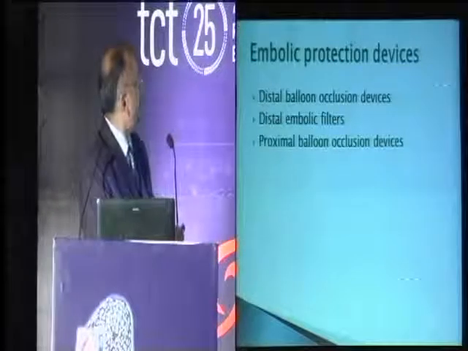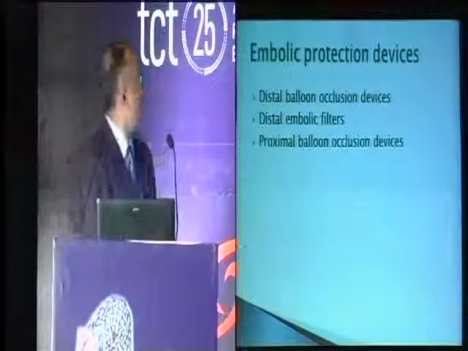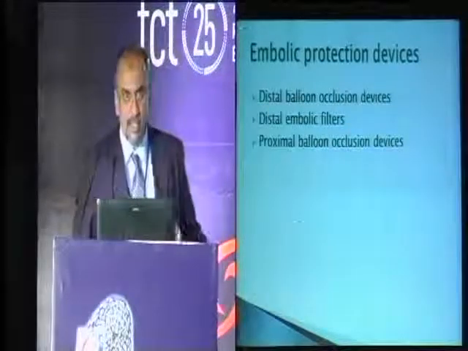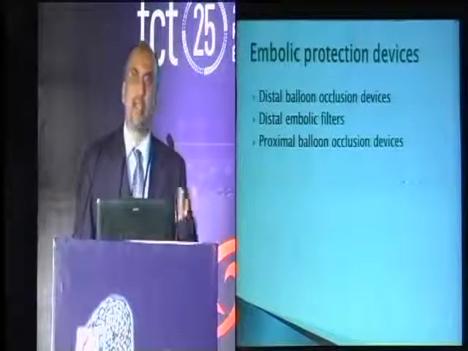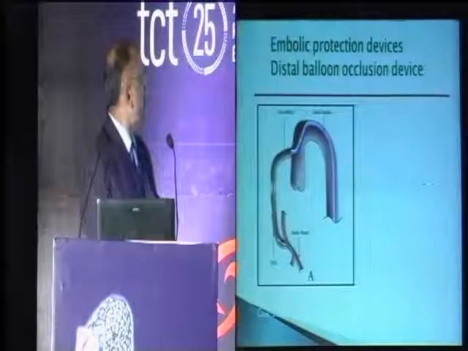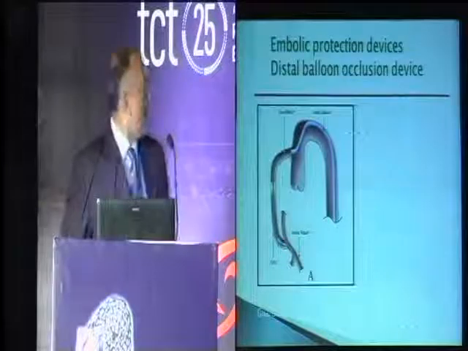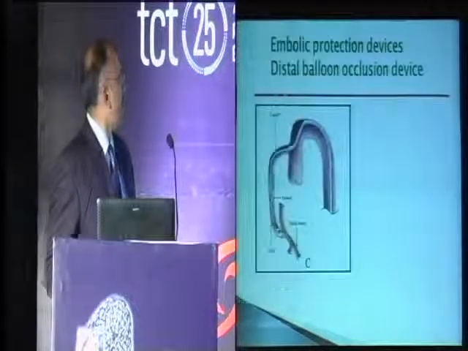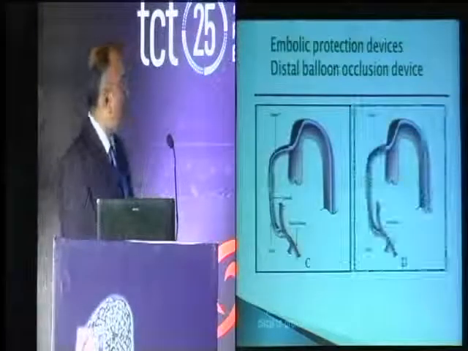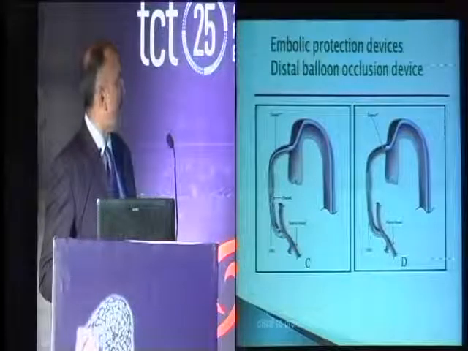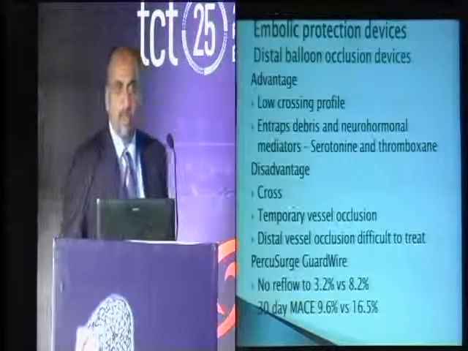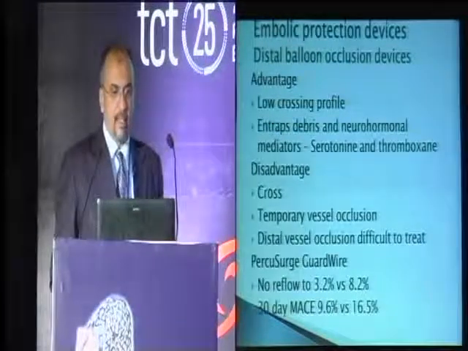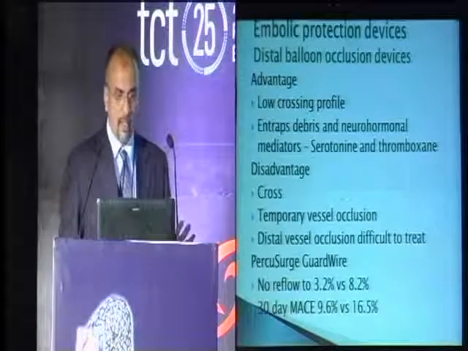Looking at embolic protection devices, there are a lot of devices. Each one has a choice: distal protection, distal embolic filters, proximal balloon occlusion devices, and there are some separate indications for each of these. Like, of course, this is a distal protection device, and this is occlusion. Following the procedure, you aspirate and then you stent. After stenting, you aspirate and then you get good flow. Let us not go into these, because each one of these has a particular advantage and a disadvantage. This is well known, so we will not get into this.